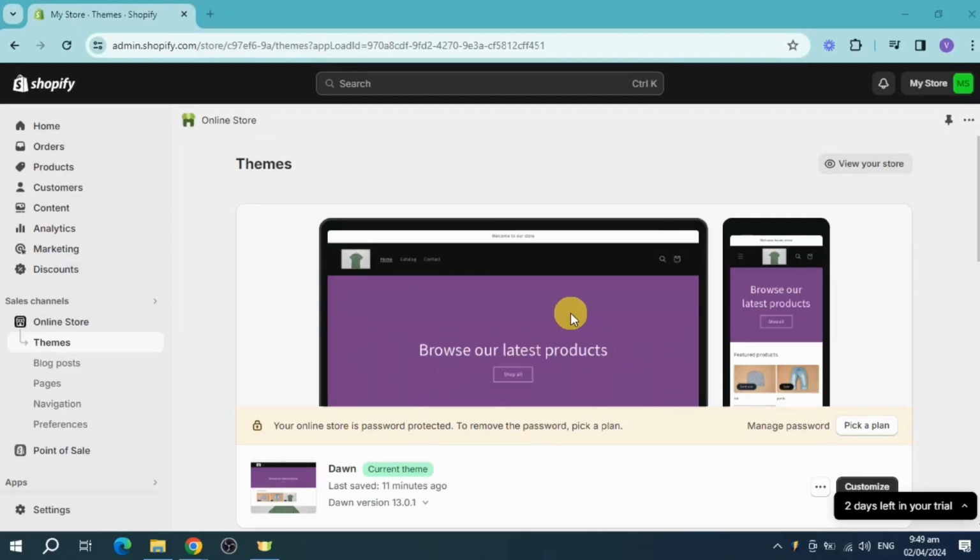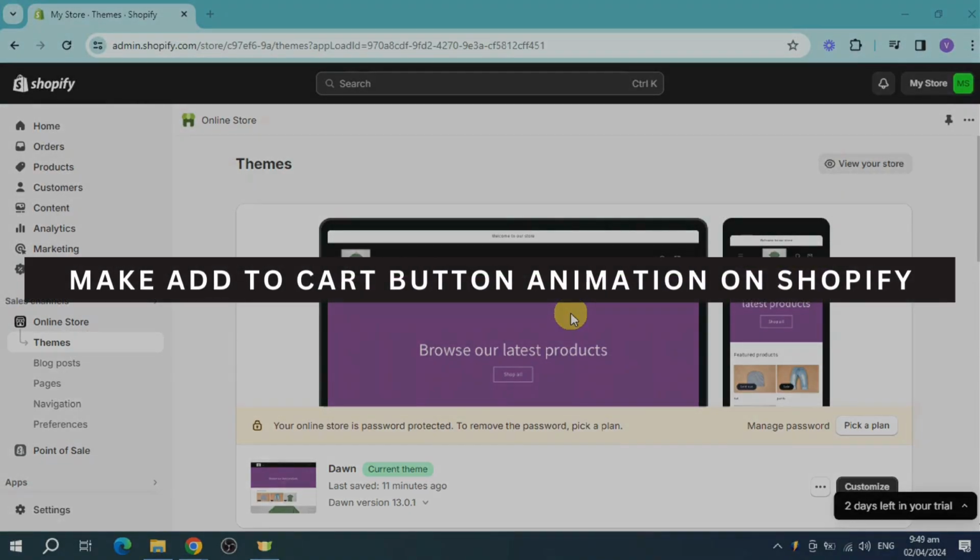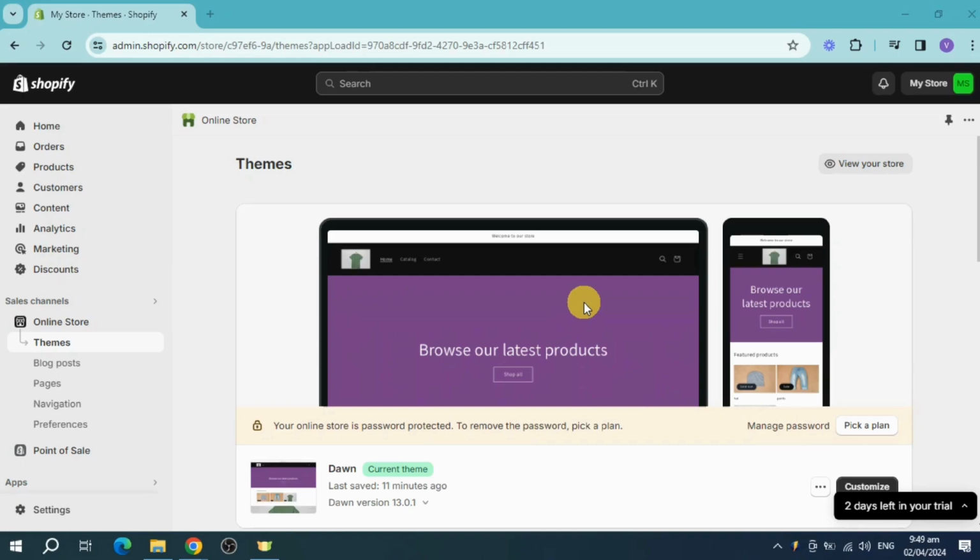Hey guys, welcome back. In this video, I will show you how to make an add to cart button animation on Shopify. Let's get started. So in order to do that, let's head over here on our left sidebar and